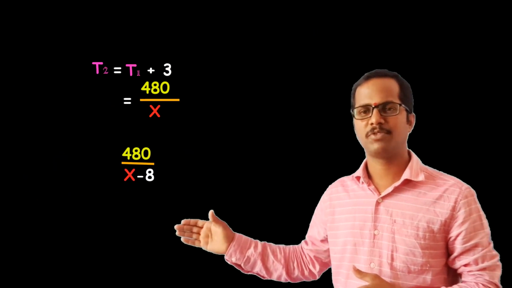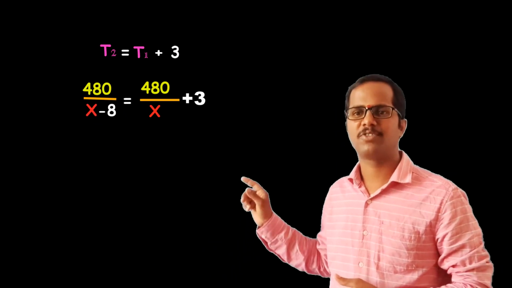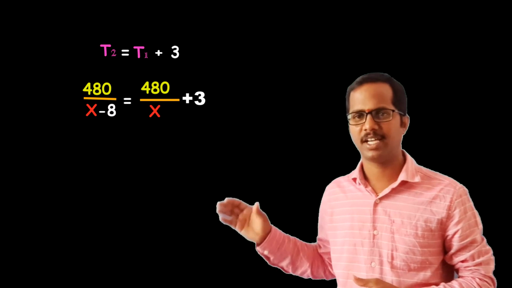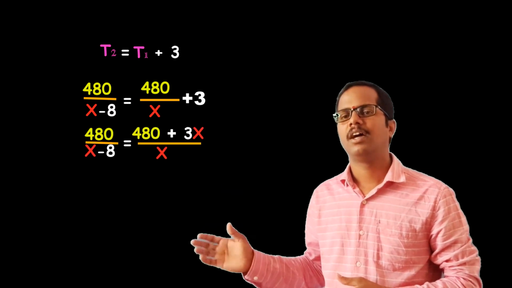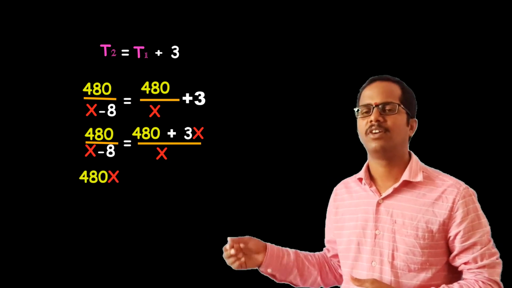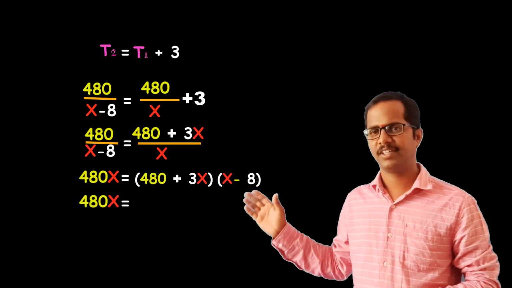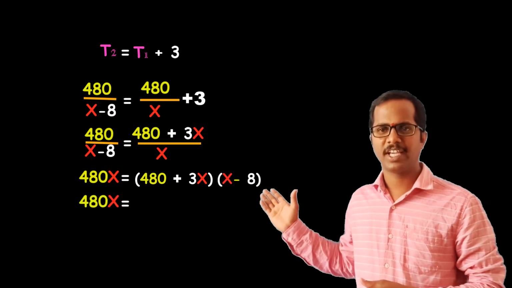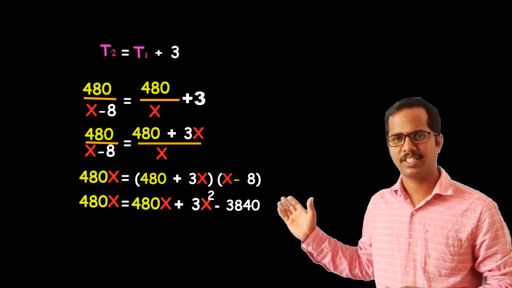So here if we substitute the t2, t1 values, we get 480 by x minus 8 equals 480 by x plus 3, and on the right hand side if we simplify we get 480 plus 3x by x, and if we do cross multiplication we get 480x equals 480 plus 3x into x minus 8, and on the right hand side if we multiply we get 480x plus 3x square minus 3840 minus